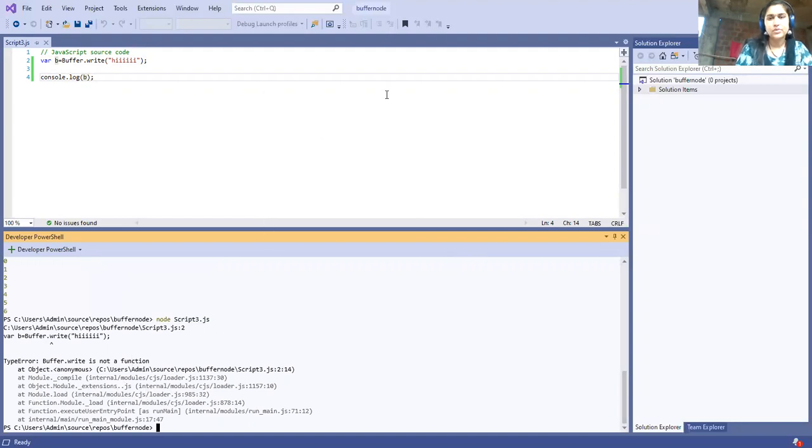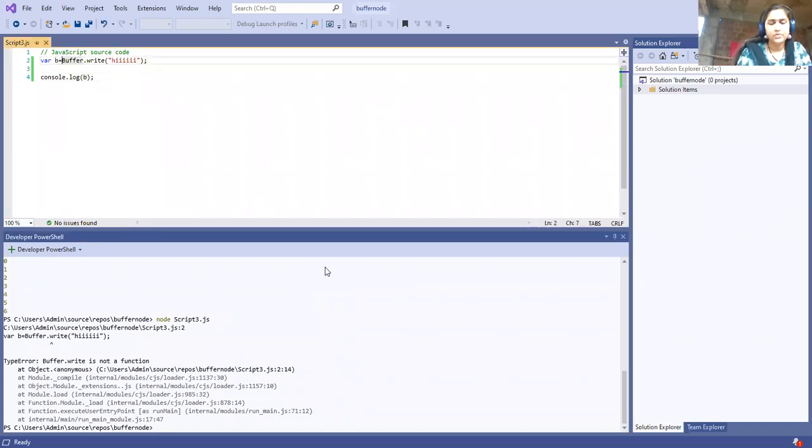So let us see what you have to do. Instead of this, I have to create or allocate new memory with buffer.alloc. I'll just reserve some bytes, suppose 10, and now I use b.write on that buffer. You have to write something.